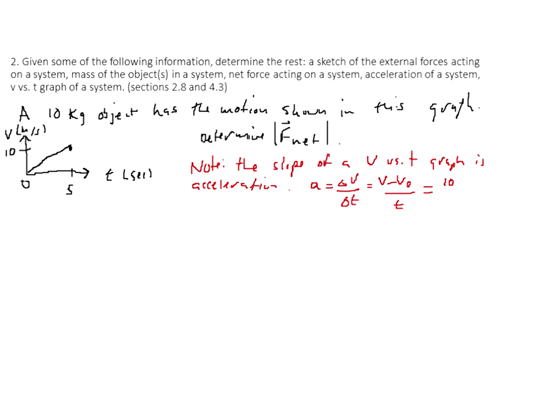So in this case, delta V is 10 minus 0 meters per second divided by, this is really 5 minus 0 seconds, or 2 meters per second squared. So that means that the net force